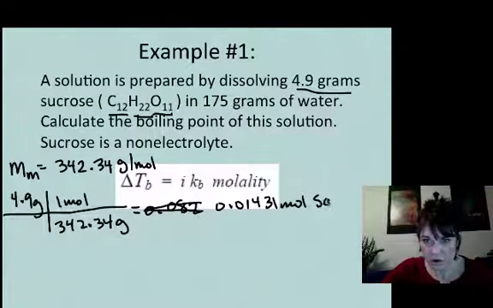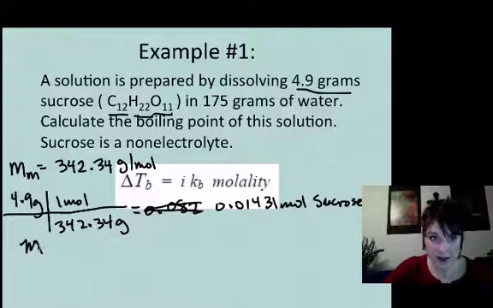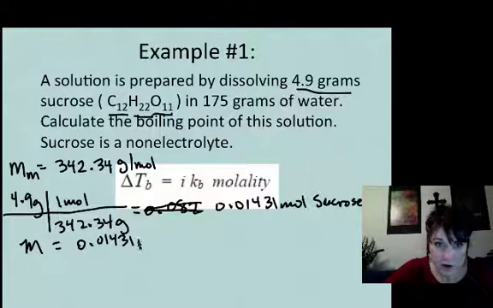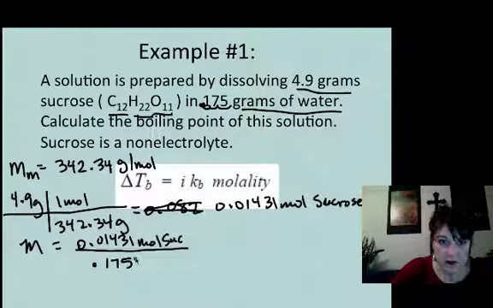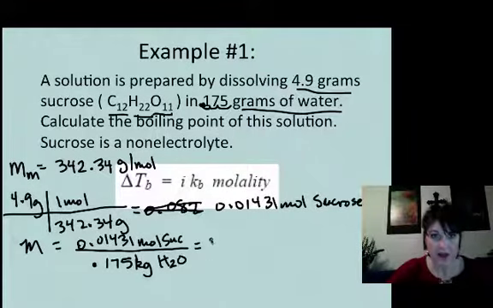of sucrose. And now I want to find the molality, because I can't solve for boiling point without knowing the molality. So that means moles of solute, 0.01431 moles of sucrose divided by kilograms of solvent. So my solvent is water, and I have grams. Let's move the decimal 3 times over. So that's 0.175 kilograms of solvent. That will give me my molality, so let's take moles and divide by 0.175 kilograms, and that's where that number is,